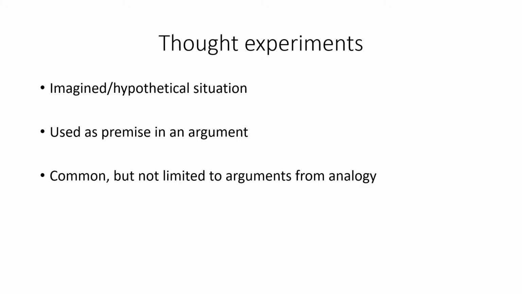So you could have, in the previous example, the cheating on your taxes and lying to a friend. You could say, well, I've never done that, I've never experienced that, but you can imagine what it would be like if you did. Although that'd be a very simple thought experiment, it'd still operate as a thought experiment, because what's happening is we're trying to get you to use your imagination to come to a conclusion. So that's how thought experiments are used as a premise in an argument. As an argument from analogy, they are very common, but they're not limited to just arguments from analogy. You can do different arguments that involve thought experiments, and I'll show you some examples of that in our next slide.